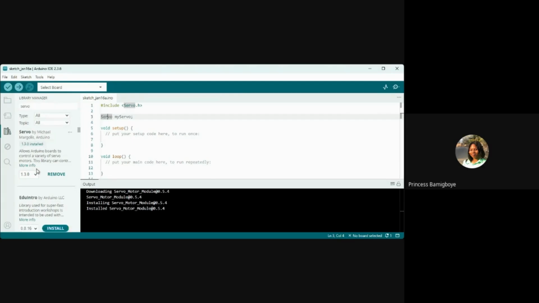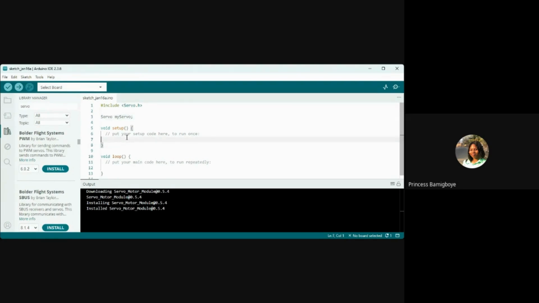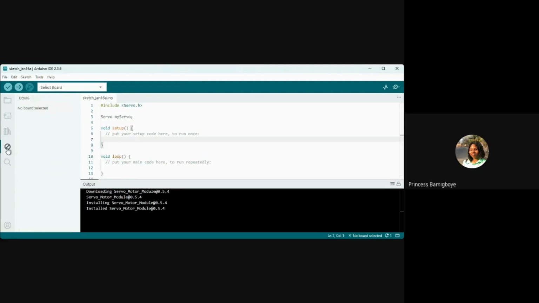So you come here, import the libraries you want to work with. That will require deep research, but based on the example codes, depending on the components that you're working with, you'll be able to see, oh, okay, this will require a library. I need to download this library, this and that. So as a beginner, yes, you learn to write code from scratch, but as you progress, sometimes you will not really have the time. But as long as you understand every line in the code, that's the most important thing.